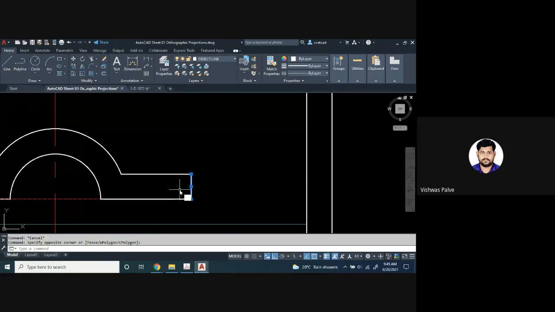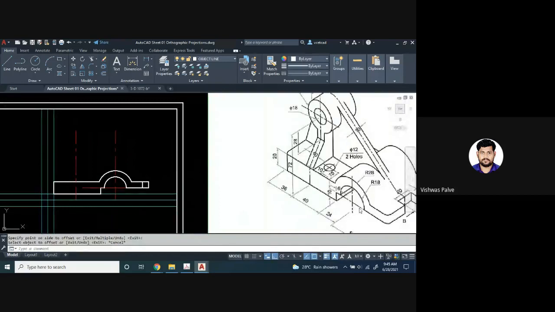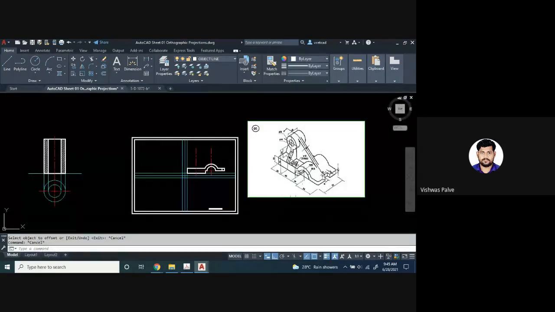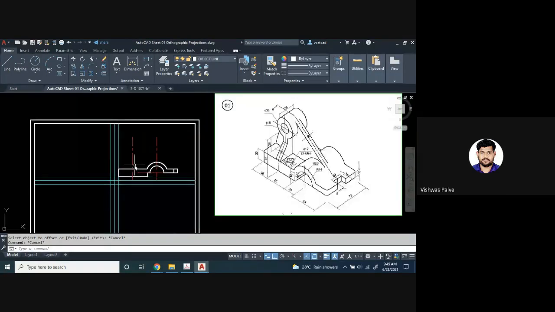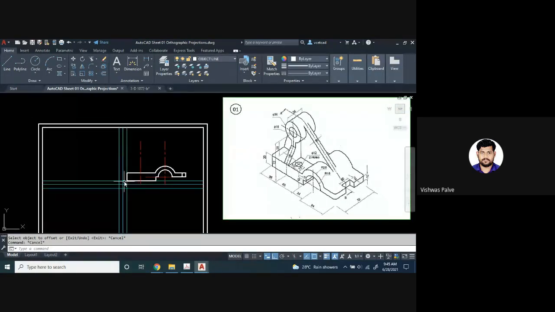So I will do this 10 mm offset because here there is a slot of 10 mm. Whenever we are drawing a sectional view, when we cut this object into two pieces, this portion will come out, so there won't be any hidden line. Please note down, whenever we are drawing a sectional front view or a sectional top view, in whichever plane we are drawing the section lines, in that view we are not going to show any of the hatchings.